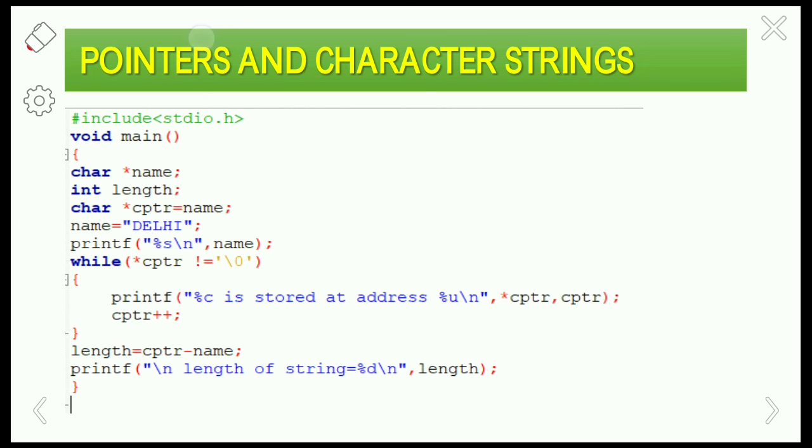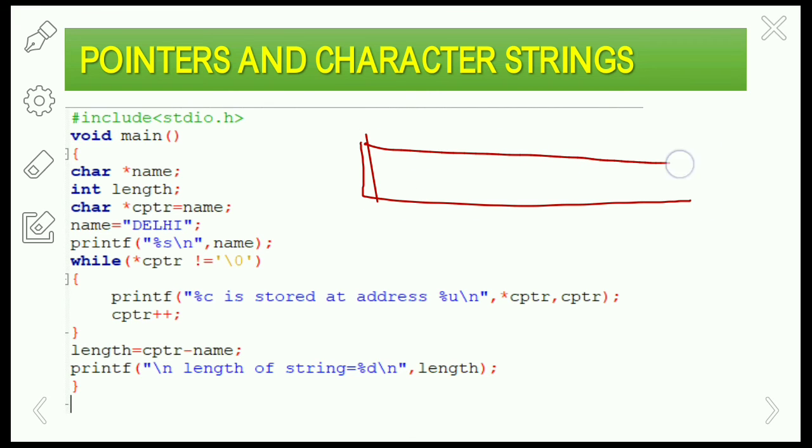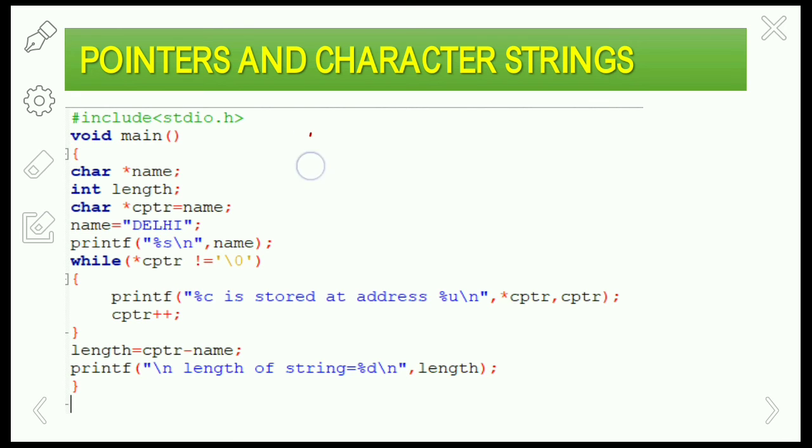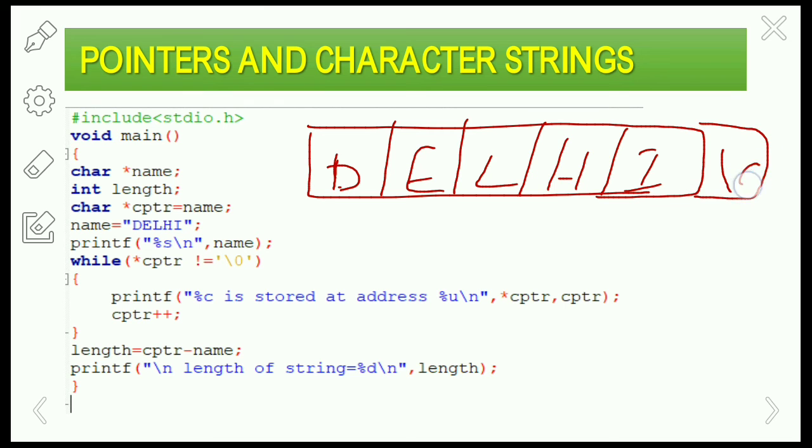I am considering the array Delhi with the null character.